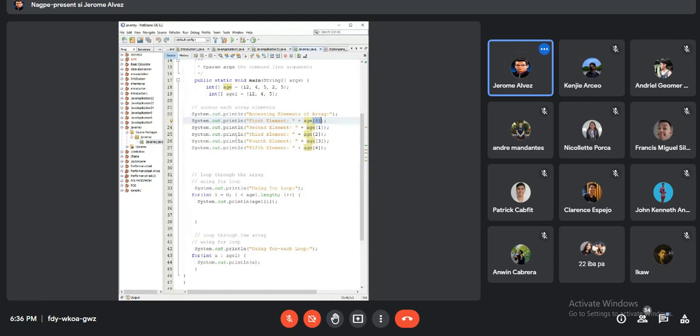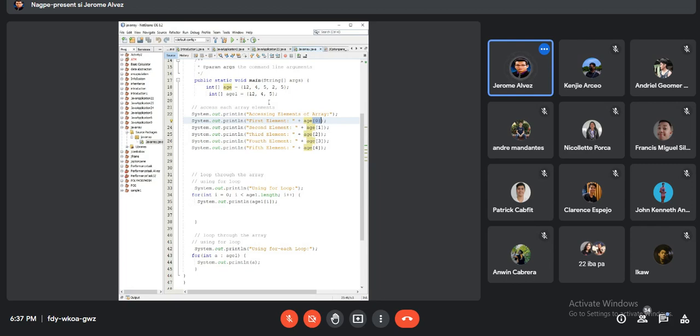how about you don't want to access each one of your data or array items into your array. So what you are going to do is to use for loop. Okay, so for you to do that, first you're going to declare, okay, your value. Ito yung mag-iterate dun sa inyong array. Okay, so you're going to start with 0 kasi nga ang index values or the first index value of